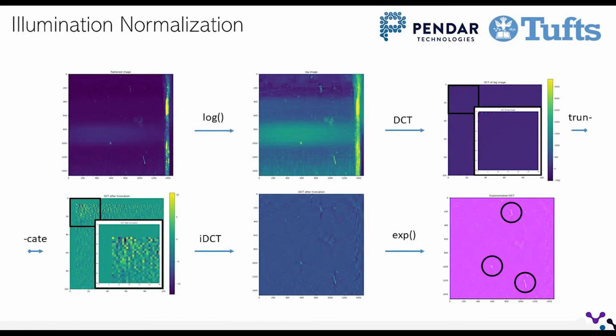So really the only reasonably complicated step here is illumination normalization. It's relatively simple. Basically, we take a logarithm. Taking the log of an image increases the contrast. Stuff that we're trying to get rid of are mostly those large horizontal bands, which are in some sense low frequency. So the second step is to take a DCT, a discrete cosine transform, and remove all of the low frequency